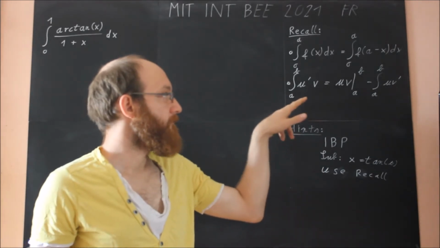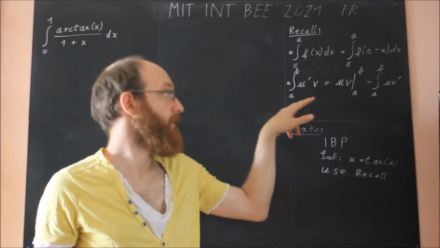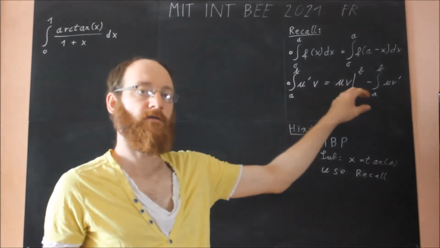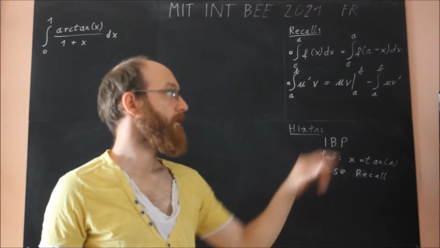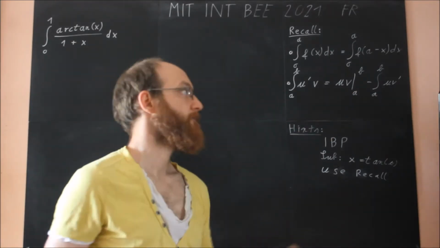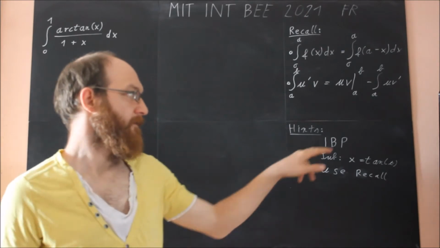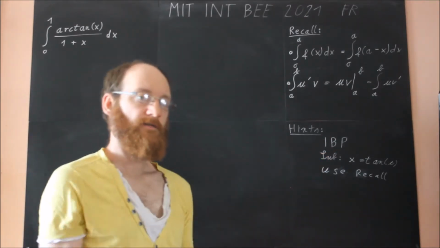And then the formula for integration by parts. From a to b, u prime v is uv from a to b minus the integral from a to b of u v prime. Okay? And like I said, the first step, if you want to try this by yourself,